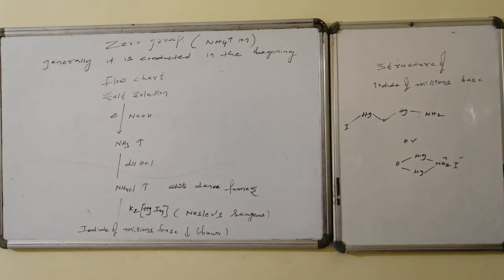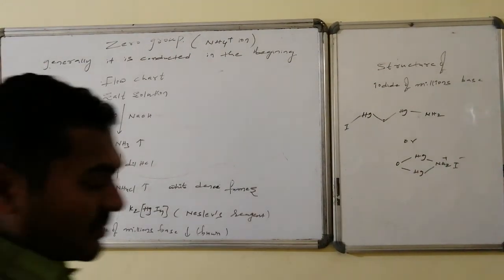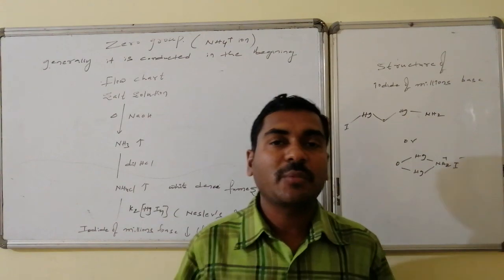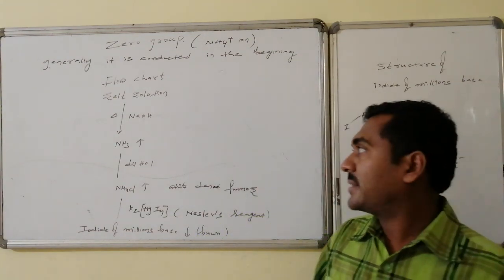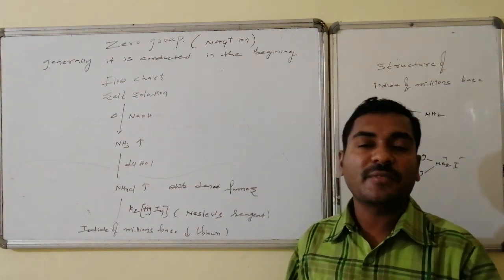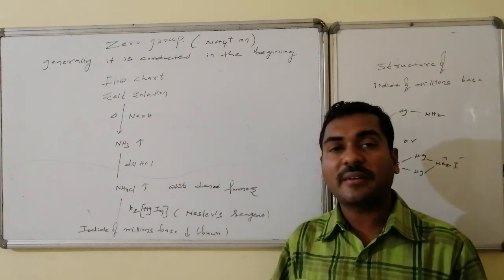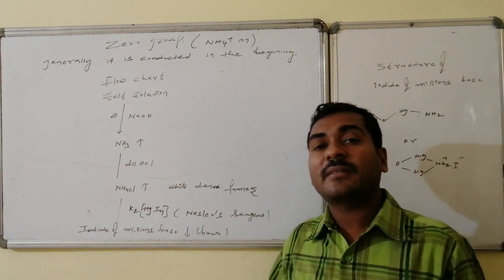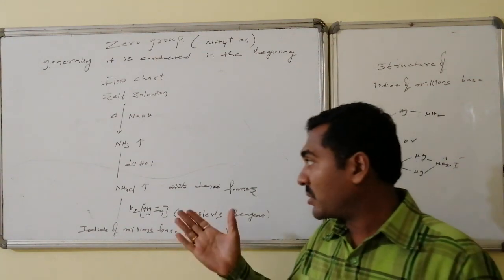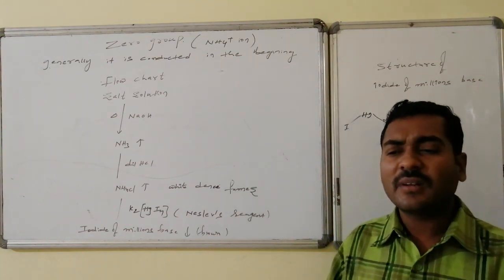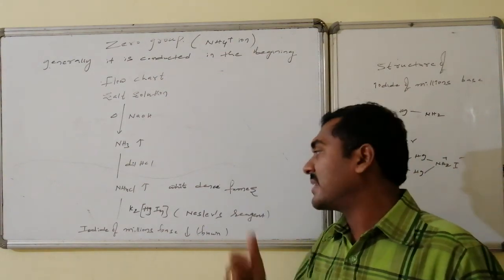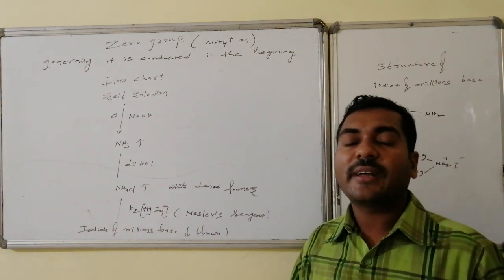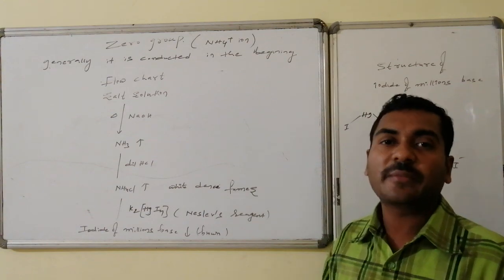Flowchart related to the zero group. The salt solution is heated with an excess amount of ammonium oxalate followed by removing all precipitates, and that filtrate is the salt solution. Otherwise, on heating with sodium hydroxide, ammonia gas will come, and on reaction with dilute HCl, ammonium chloride white dense fumes will come, and on exposure to Nessler's reagent, it forms the iodide of Millon's base, which is a brown color precipitate.